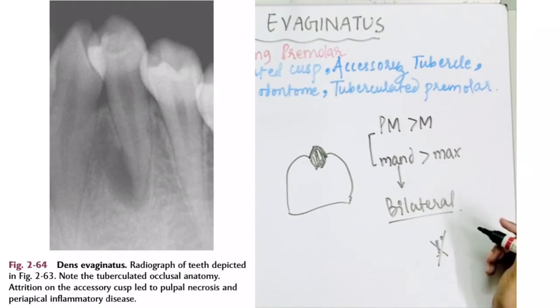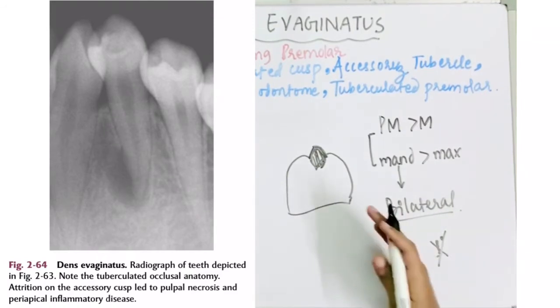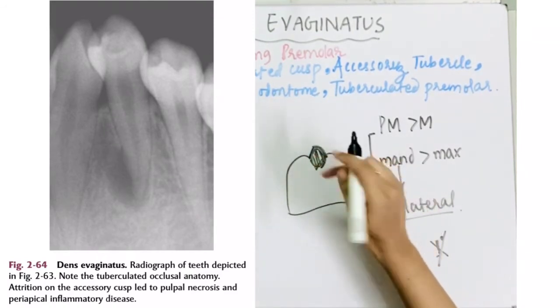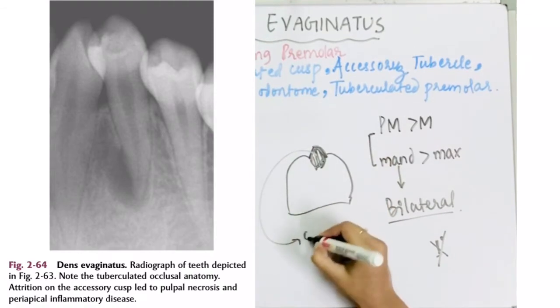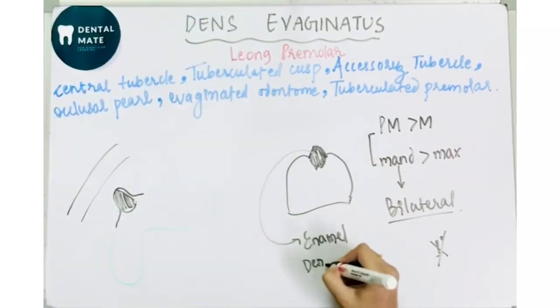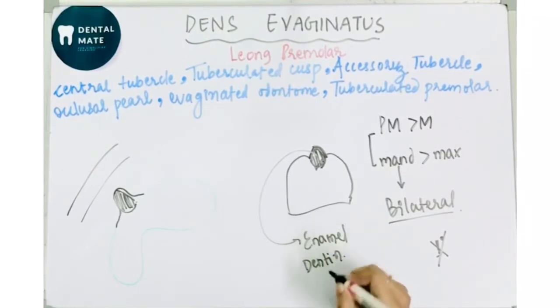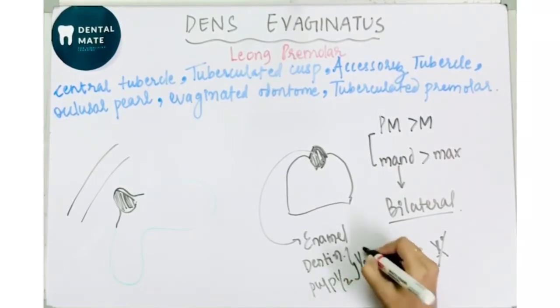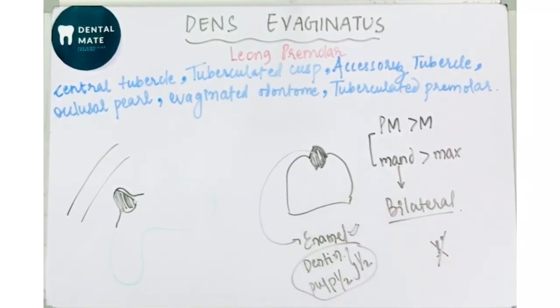Next, if we talk about the composition, meaning what will it contain? So this contains enamel, it contains dentine also, and in half of the cases pulp presence has been seen. So pulp or dentine in half of the cases, but it surely contains enamel. So usually this is just called an enamel elevation. Sometimes it contains dentine and rarely it could contain pulp also.